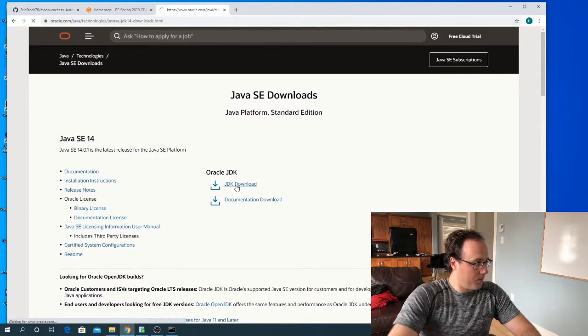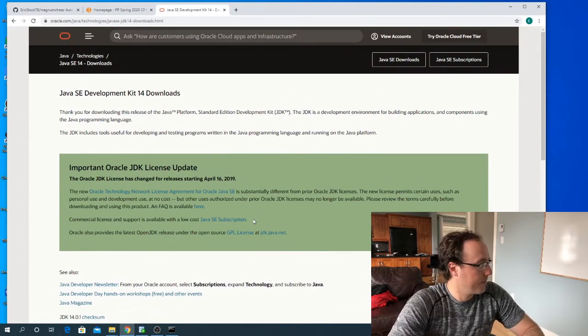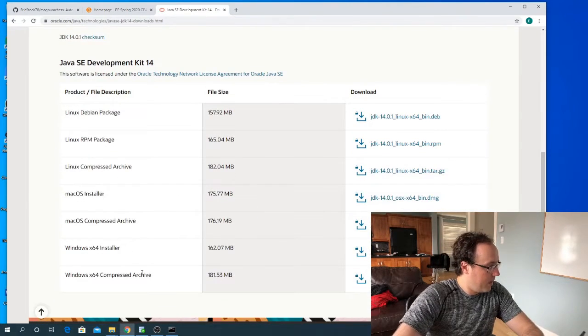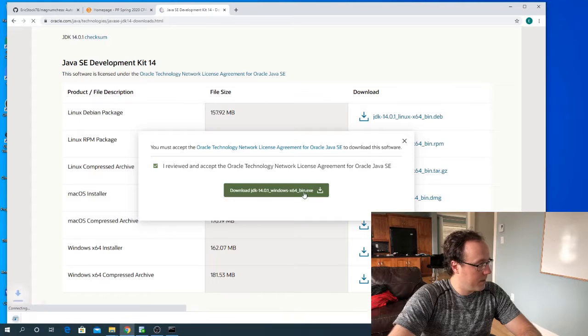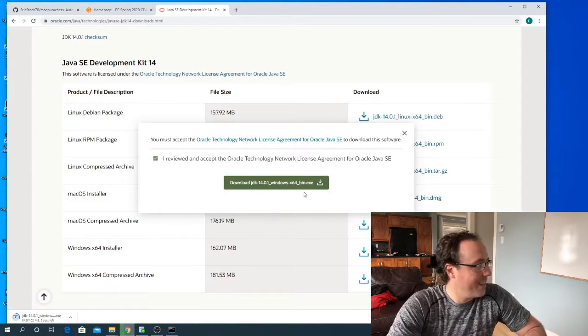So I'm going to download this. Okay. And I want the Windows 64-bit installer. Okay, I've reviewed that. Now the other thing that I don't have right now is I don't have an IDE